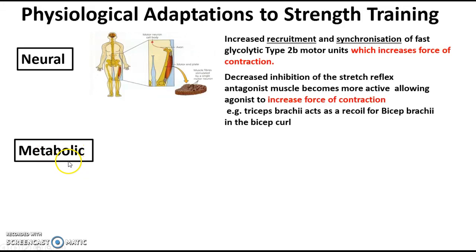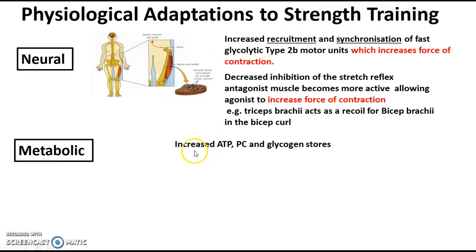So if we look back at the previous study so far, we've looked at certain fuels that are really important for energy systems, such as the ATP-PC system and also the glycolytic system. So what happens if you take part in prolonged weight training is you actually increase the amount of fuel stored in your muscles to allow forceful contractions. So let's have a look then. First thing, the adaptation: there is an increase in the amount of ATP, PC, and glycogen stored in your muscles. Okay, so that happens naturally after strength training.